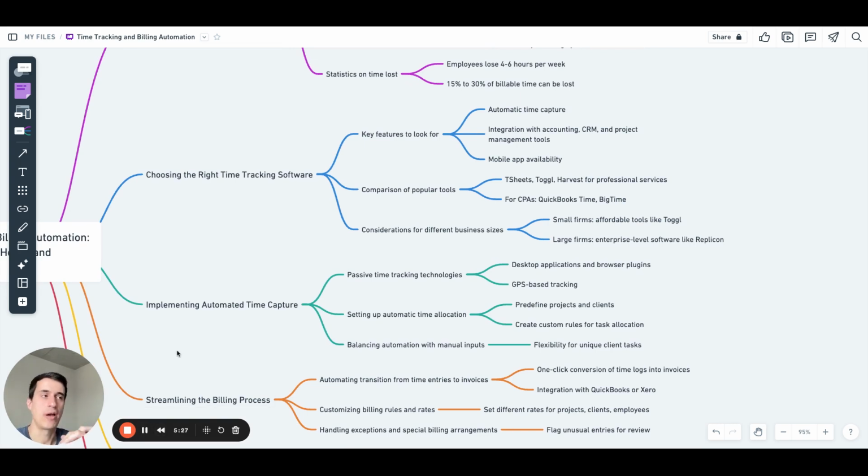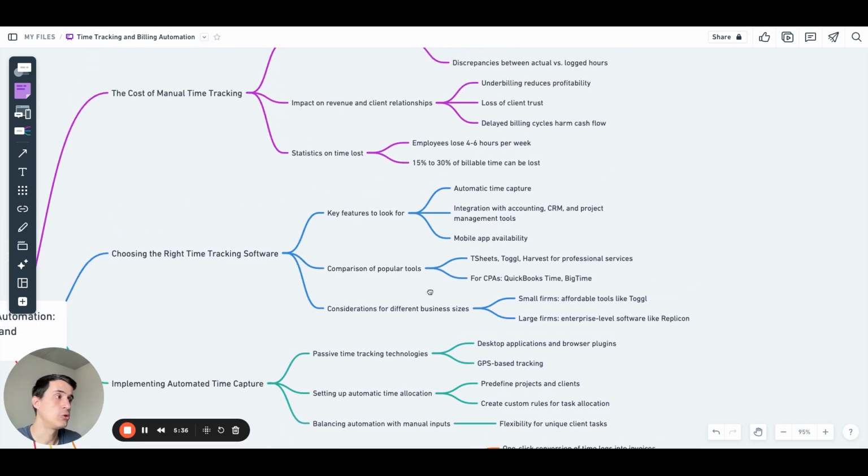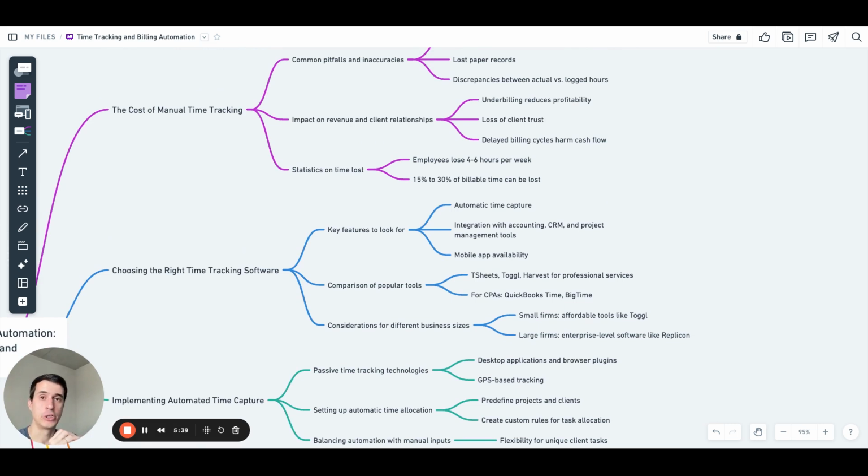So let's say that you have selected the right tool for you. Now it's time to implement the time tracking platform. When you are installing those time trackers, you need to make sure that you have them installed on your desktop. But you can also install them as a browser extension, right? So for example, you can go to the Chrome store and you can find Toggl there, for example, or Harvest, right? So it's important to